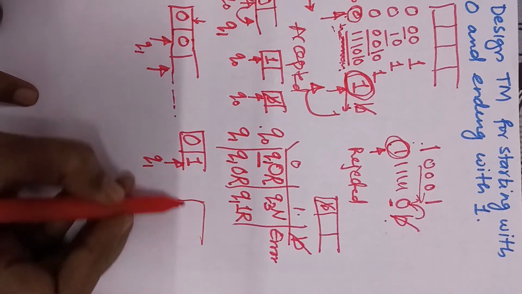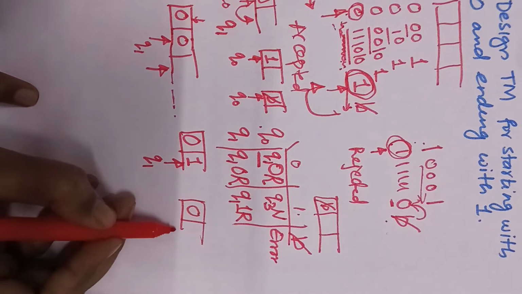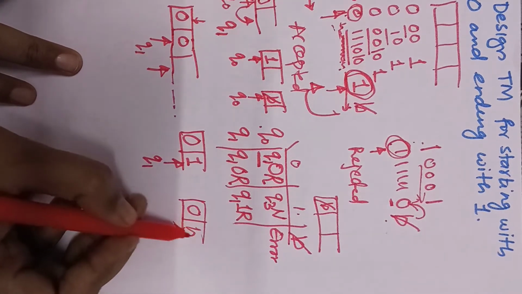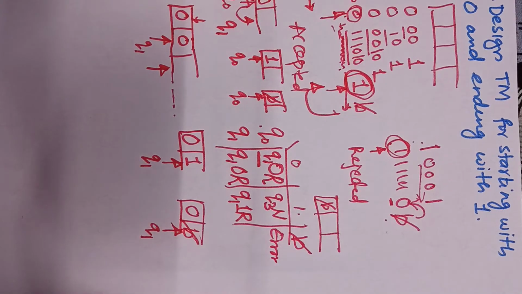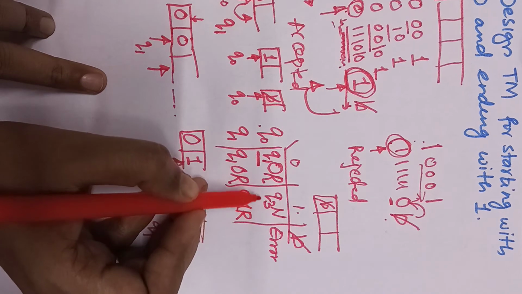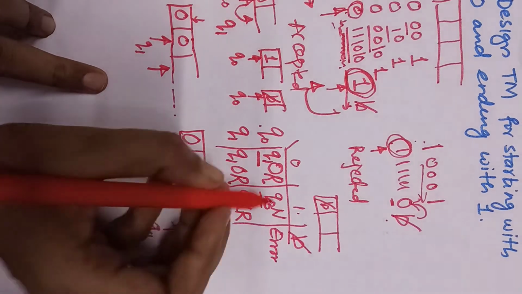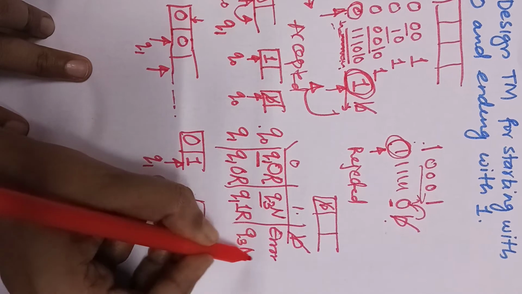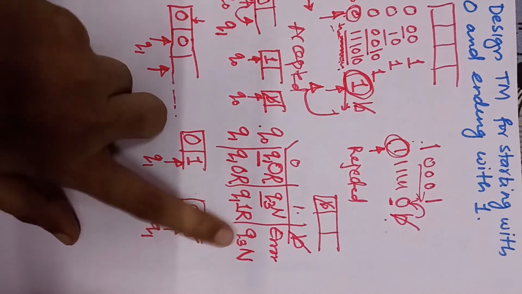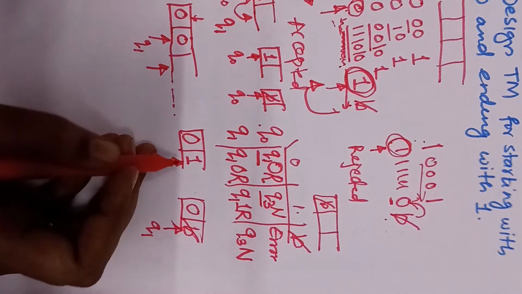Now again Q0, the first bit is 0, the pointer is shifted towards the right hand side. This is the Q1 state. Now the next symbol is, for example, blank. Again, this is the end of your string. I'm not getting 1, so this is not according to our question. I don't want to move further. So the state which represents not according to question, we had marked as Q3. So again this is Q3 and no operation. This string is not according to our question, so I'm not interested in moving further.